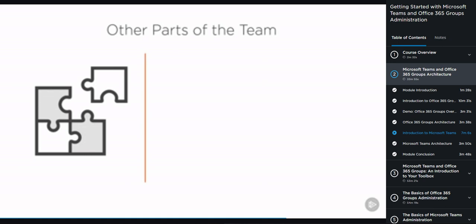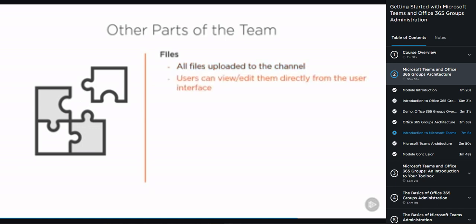And we also have tabs, which is a more open topic. Tabs allow you to integrate other applications as tabs as part of the team. Examples can include Planner, a SharePoint site, a third-party website, or even third-party applications. Tabs are the way to centralize information in Microsoft Teams, so even if it's hosted elsewhere, users can access this